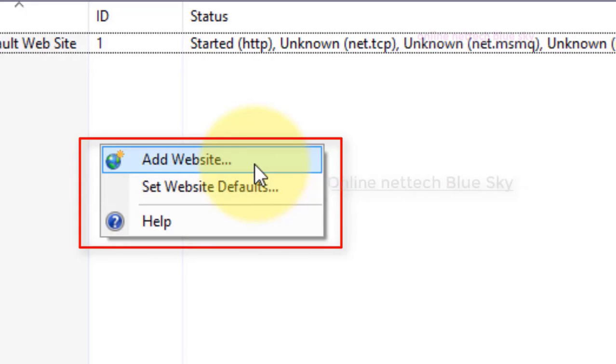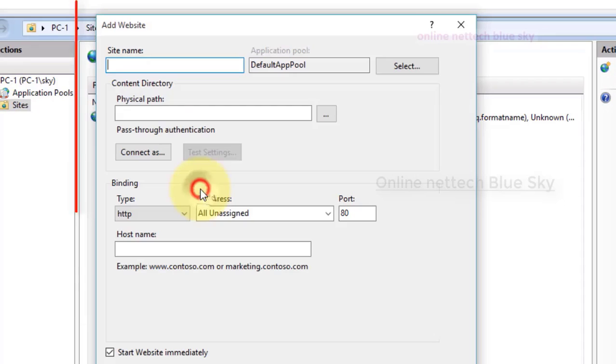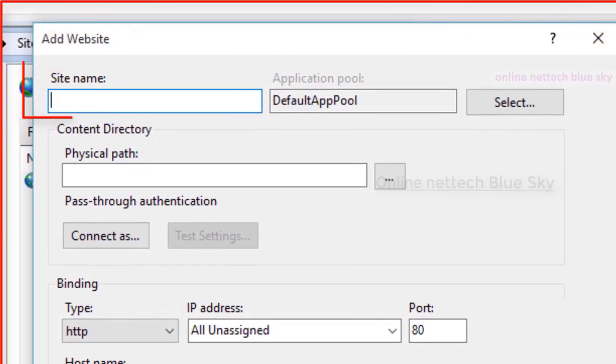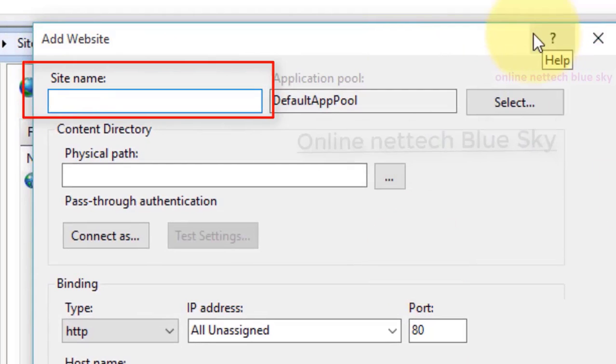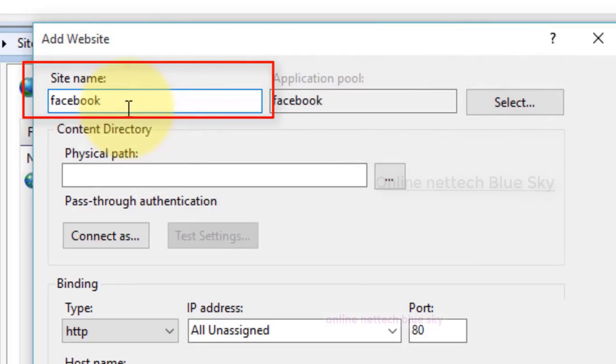This is a Microsoft product, so it is available only on the Windows operating system, and it is also available on Windows Server, but it does not work perfectly without the server. It is a small server on my Windows 10; it is available on Windows Server, Windows 8, and Windows 8.1 as well, through Server Manager. You can see Internet Information Services just here. So first you enter your site name. I enter any site name, for example, I'll just give Facebook.